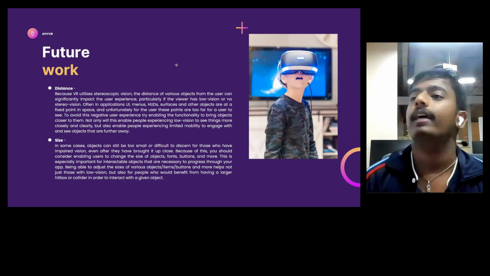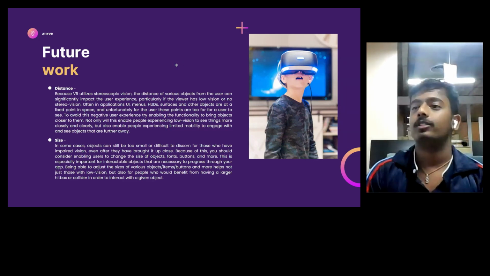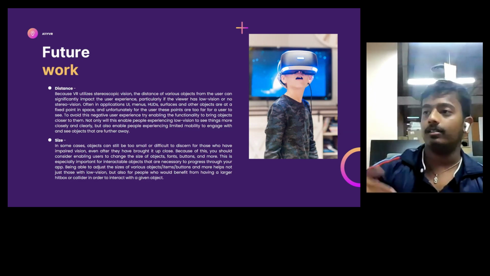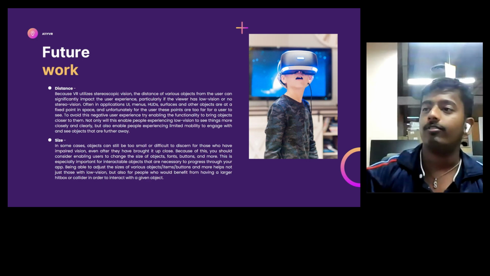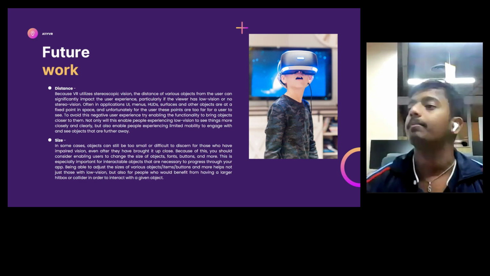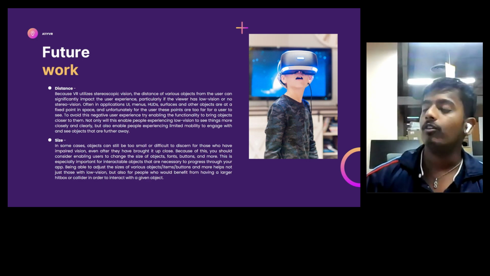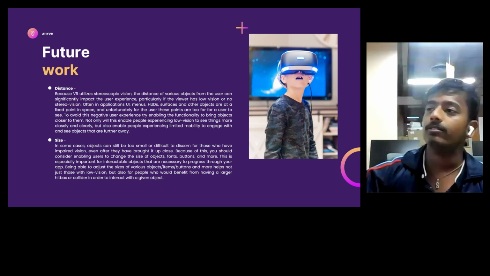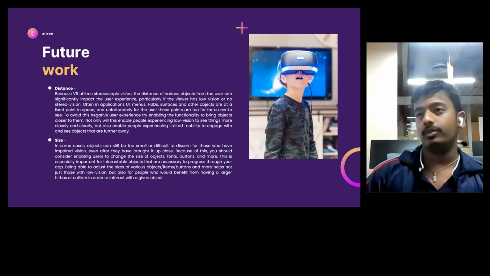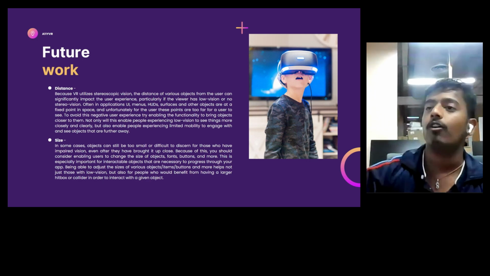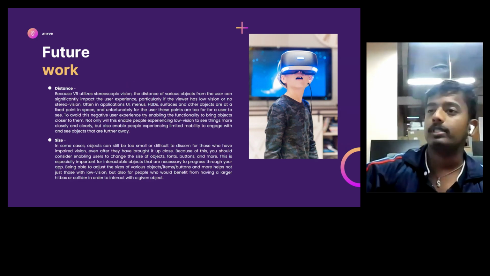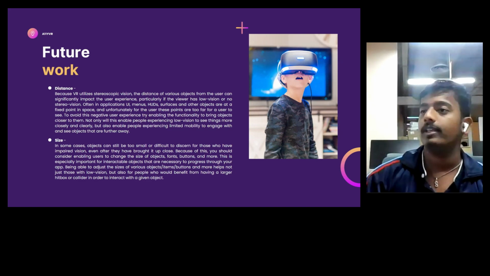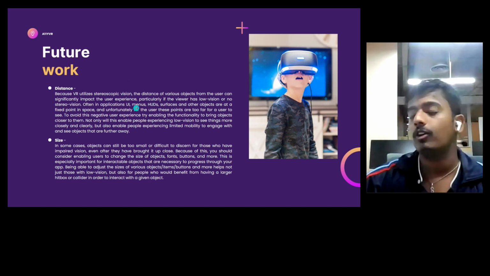In future, there are some future works which can be done to enhance this toolkit. One is distance grabbing. That means that in an application, if there is an object placed at a particular distance, a user with low vision will have difficulty seeing or perceiving the object. So the user should have the capability to change the size of that object at any distance. And also, if the distance is very large, the user should have an option to grab it from a distance and make it close to the user and actually analyze or perceive the object.